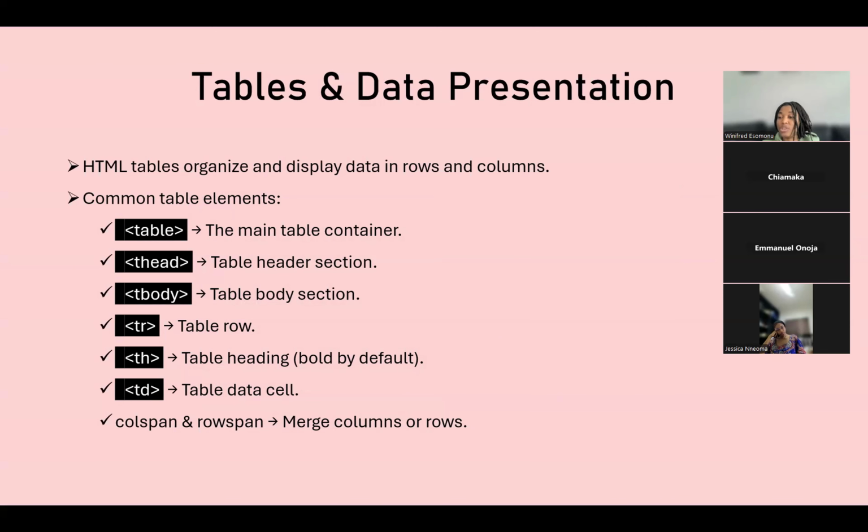We have the table, which is like the main container. So I don't know if you are seeing a pattern here, like form has a main container called form. Now table has a main container called table. List also has a main container. If it's ordered list you are doing, the main container is OL. If it's unordered list, the main container is UL. So if you're seeing the pattern here, table is the main container, the table tag,